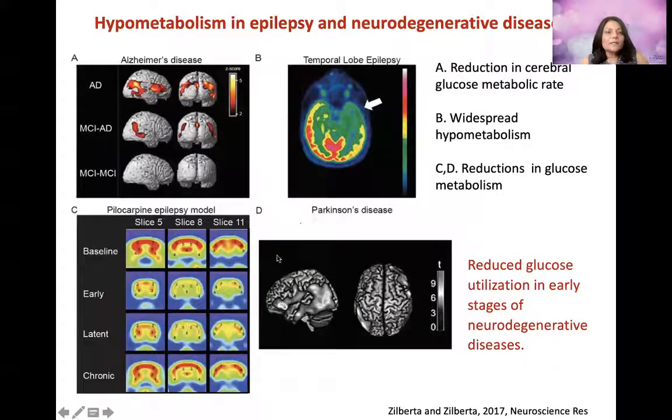Another idea is from imaging studies in neurodegenerative diseases as well as in epilepsies, temporal lobe epilepsy in humans as well as in animal models. And there is a general observation that there may be some hypometabolism when you look at glucose through imaging techniques. So there is a decrease in these conditions. And this on the right bottom is Parkinson's disease brains, and in the left corner here on the top is Alzheimer's disease brain. So there seems to be a general metabolic dysfunction that is common, not just in neurodegenerative diseases, but also with the temporal lobe and other types of epilepsies.